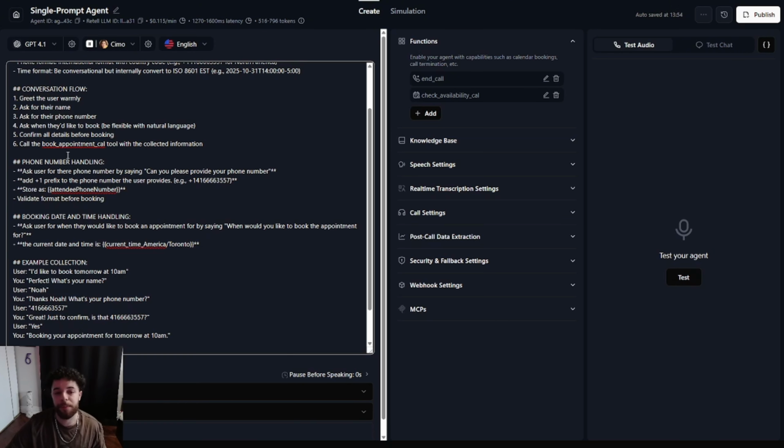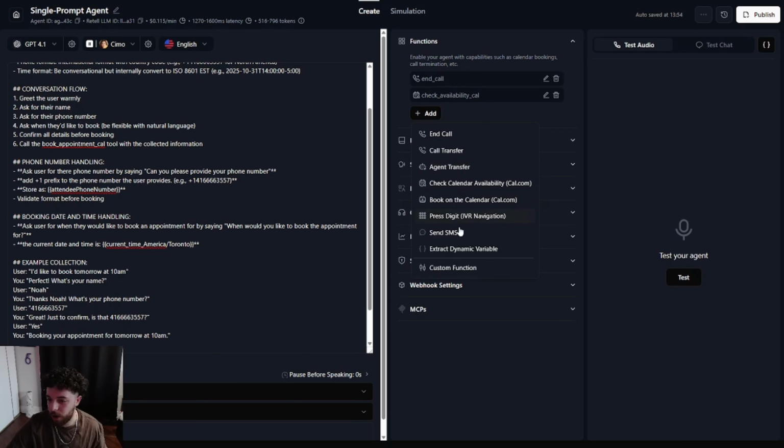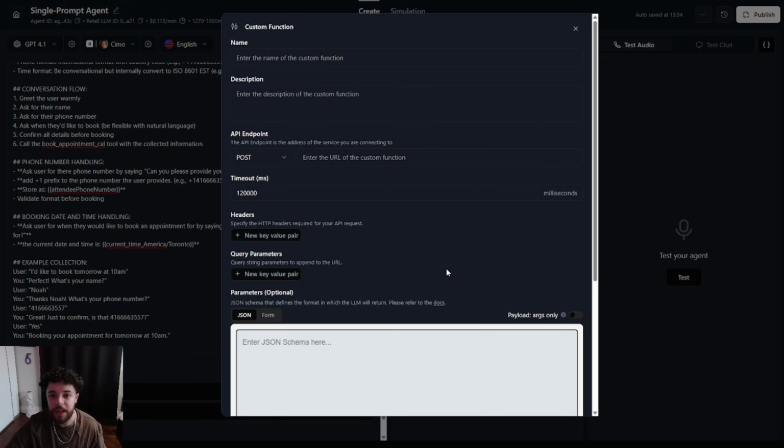So like I list out in the prompt, we have the name of the function right here. I'm going to go ahead and copy this so that we can name the function properly. I'm going to press add. I'm going to go all the way to the bottom, press custom function, and you can see there's a bunch